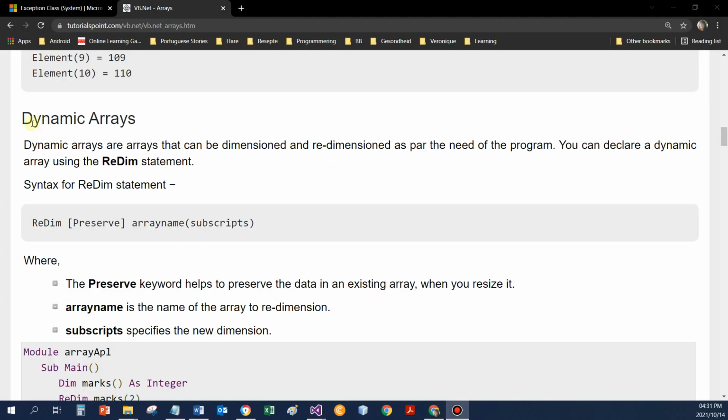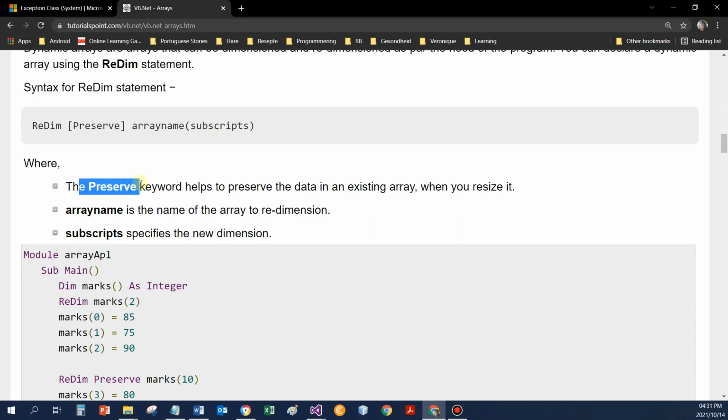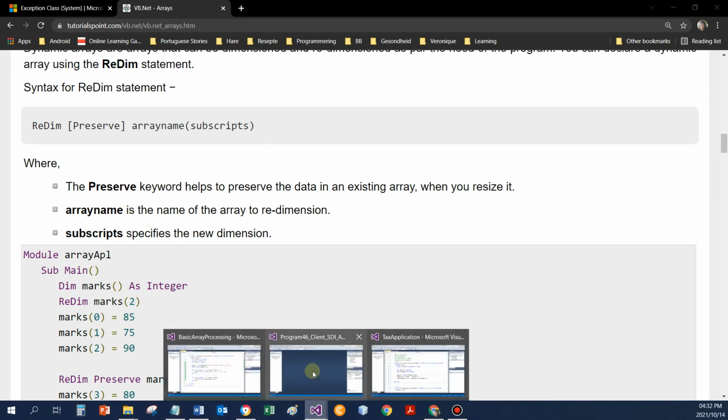And over here I've opened Tutorialspoint where they explain the redim statement. So have a look. We use redim. We can use the preserve keyword. We'll see why now. The name of the array and the subscripts that we need. Okay, so not the highest index, the number of subscripts. So preserve says if you change an array to a different size, preserve the current data in it. Okay, so if I go back to my code,